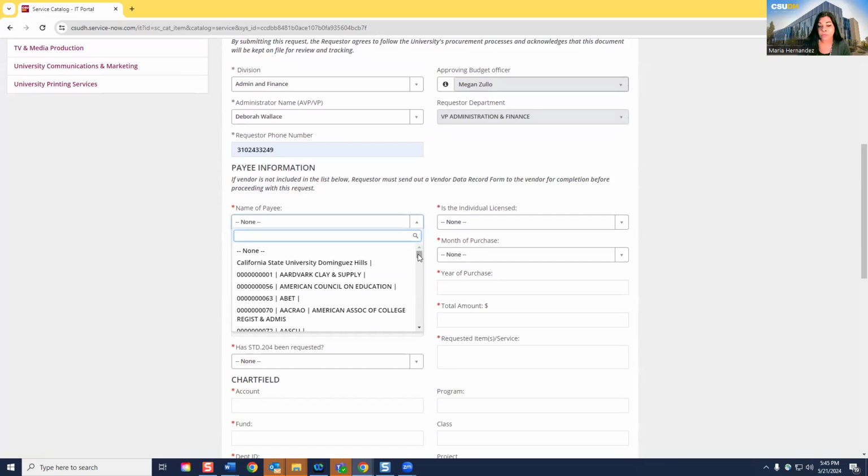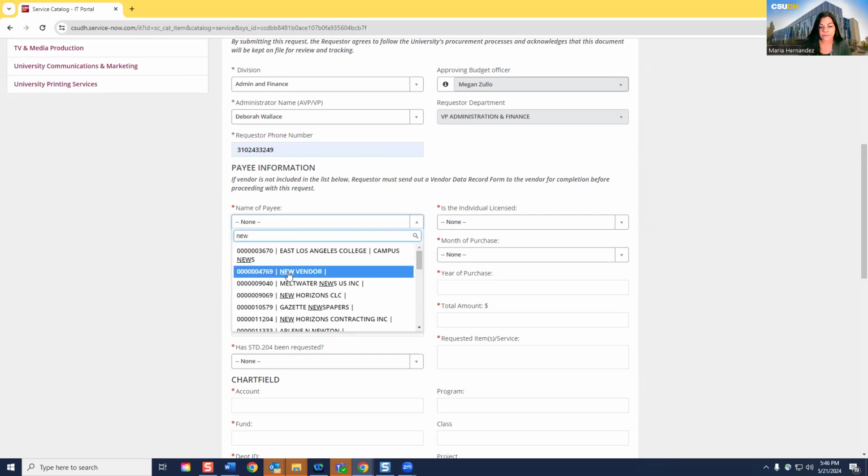The drop-down options are pre-populated from our PeopleSoft supplier database. So if the vendor is existing in our database, they will be included in here. If the vendor is not in PeopleSoft, that means that we will require a 204 form, and you will select new vendor here.